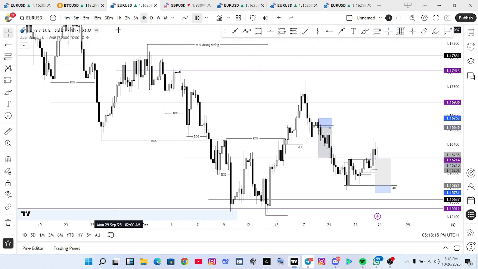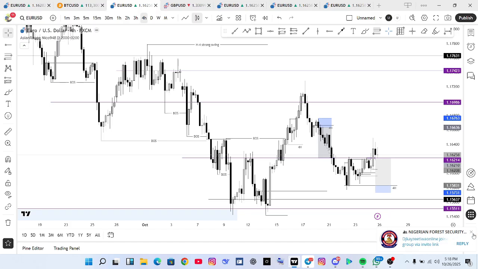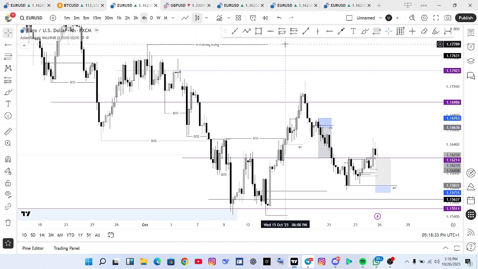So we are going to be starting with Euro USD. Today is the 28th, and it's almost the end of the month. So we'll have to go to the weekly time frame. Okay, we'll have to go to the monthly time frame, sorry, since it's almost the end of the month, so that we'll be able to analyze what will